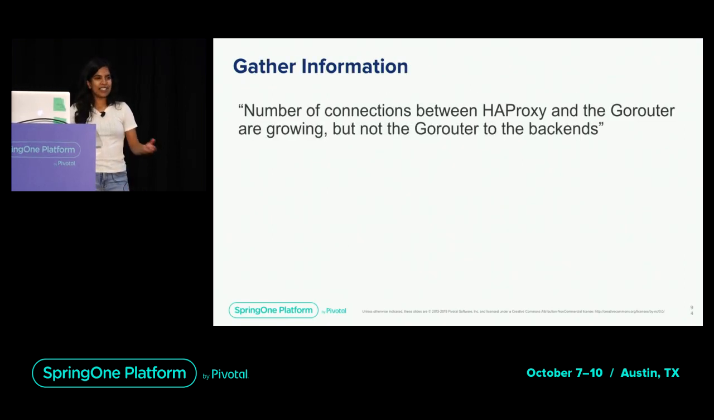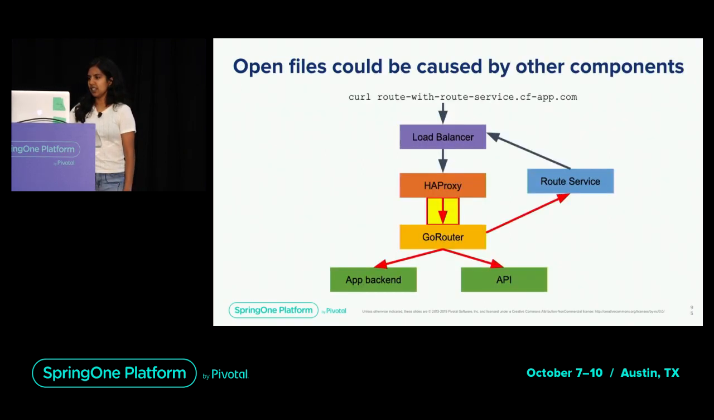So gathering information about these connections, we learned that the number of connections between HAProxy and GoRouter is growing, but not GoRouter to the backends. And so that's really helpful. It helps us narrow down to this highlighted arrow as what's increasing. So why might that highlighted arrow grow? We talked about connections from the